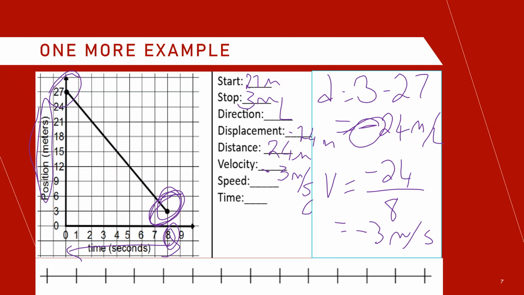All right, my speed is going to be 3 meters per second, and the total time is 8 seconds. Okay, so my increments over here, the easiest way to do this is in threes, because that's the size of my velocity, and it's much easier to do it that way. Let's go ahead and change color, and we are going to go 0, 3, 6, 9,